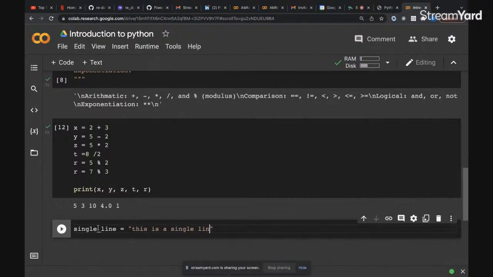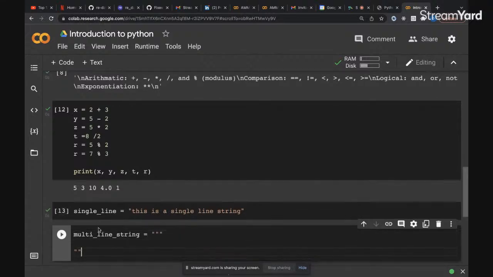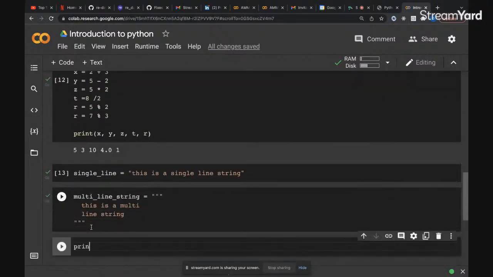Then for a multi-line string, you can have it this way. And if you output both of them, like say print single line,